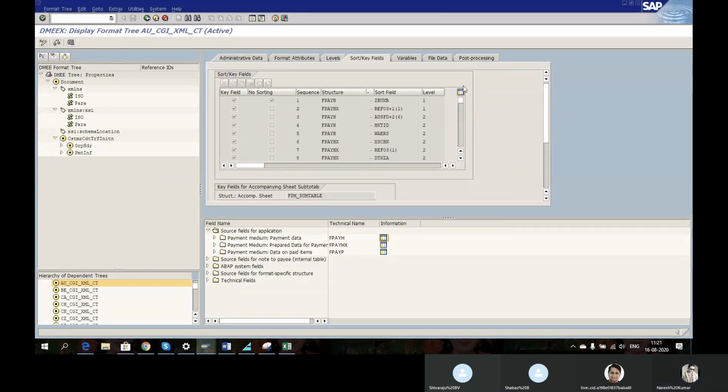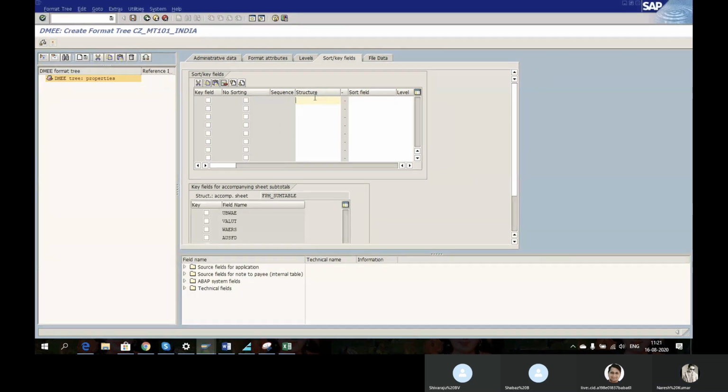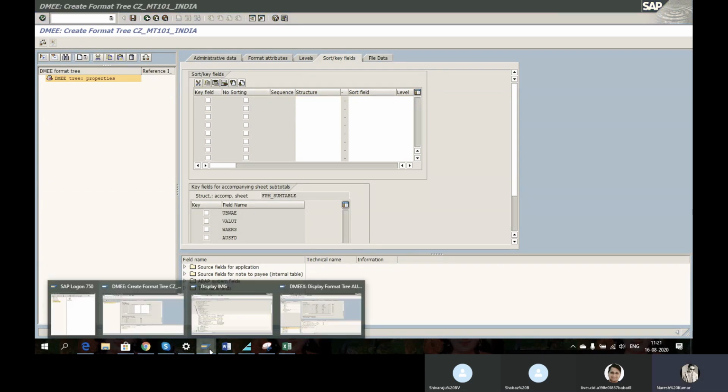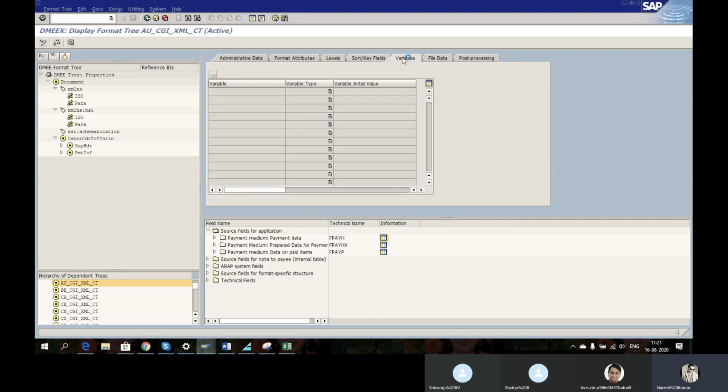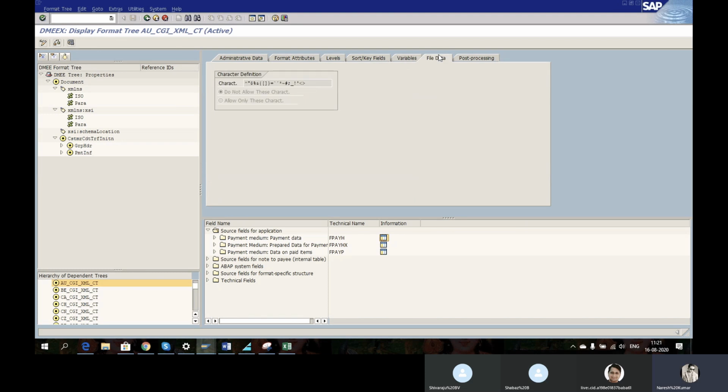These are the fields which are required for sorting. Then once this is done, set the variables, not counting file data, like these characters you have to give.